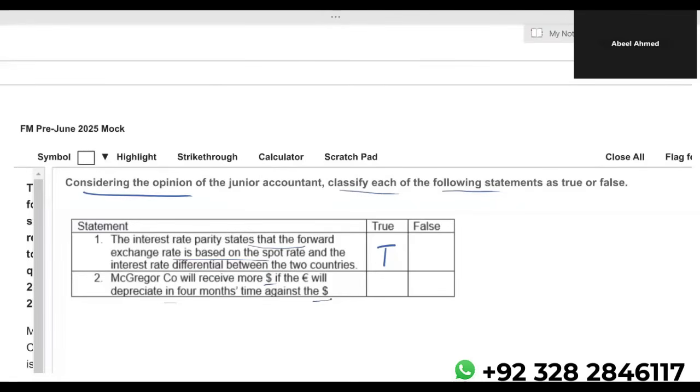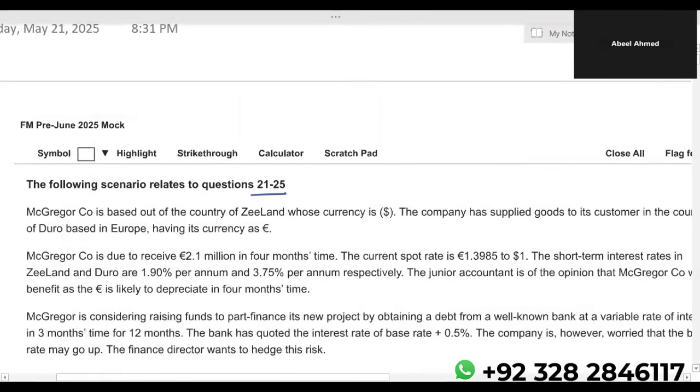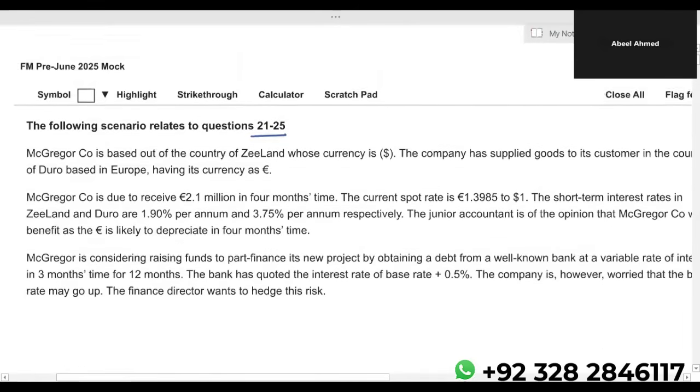Obviously, when my currency is getting stronger, when I convert foreign currency into my local currency, I'll get a smaller amount. If my currency gets weaker, in case of receipts, when I receive foreign exchange in the future and convert it into my local currency, the amount will increase. The same concept in the opposite direction applies to import. So let's read the scenario, because without knowing which currency is local and which is foreign, we cannot decide.